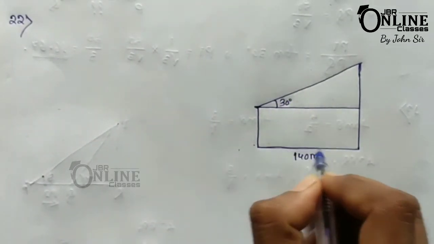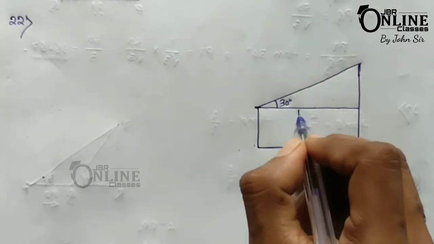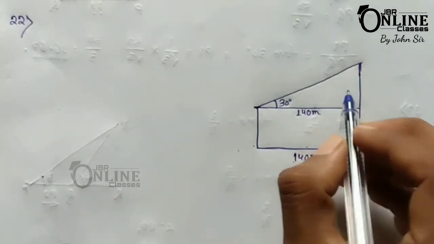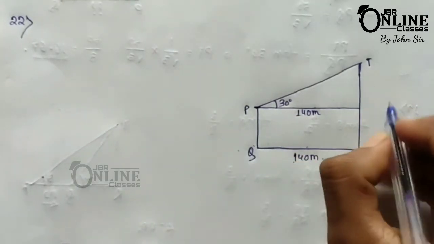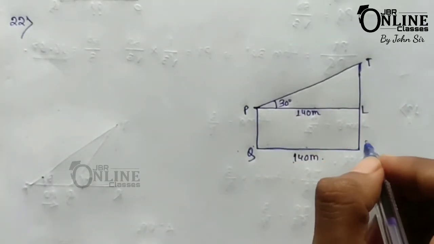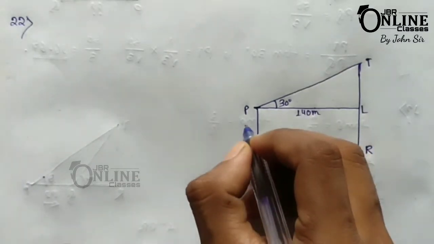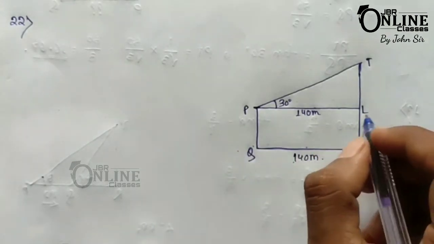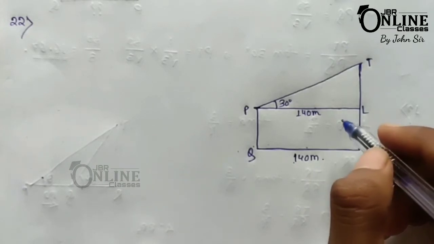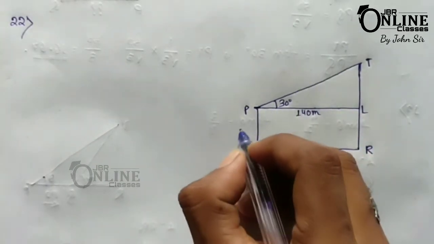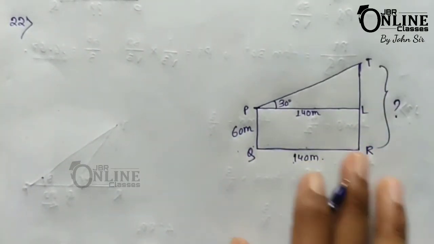As that is the ground level, and this is also a parallel line to the ground level, if this one is 140, this one is also 140. So here suppose TR is the second tower and PQ is the first tower, and that is L. So if the height of the second tower is 60, find the height of the first tower. That means we have to find out the height of the first tower. Okay, so here that is the second tower, PQ equals 60 meter. That means we have to find out the length of this tower.